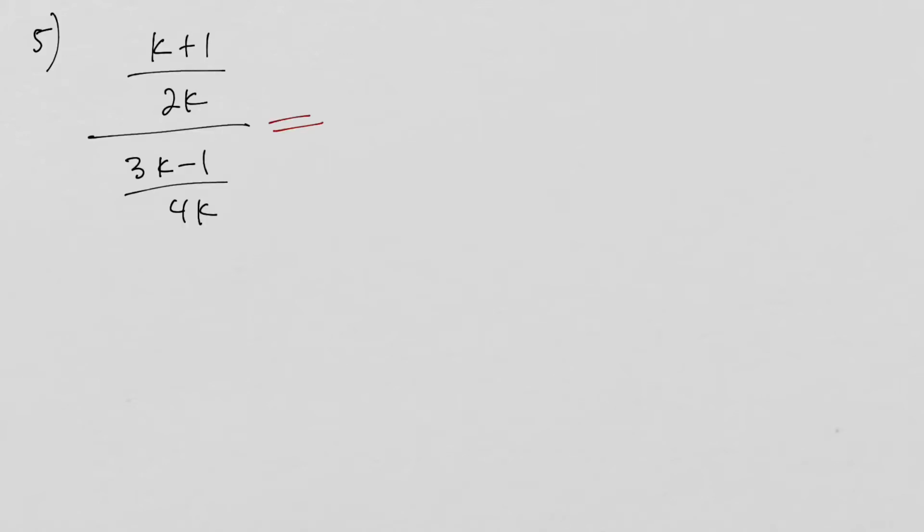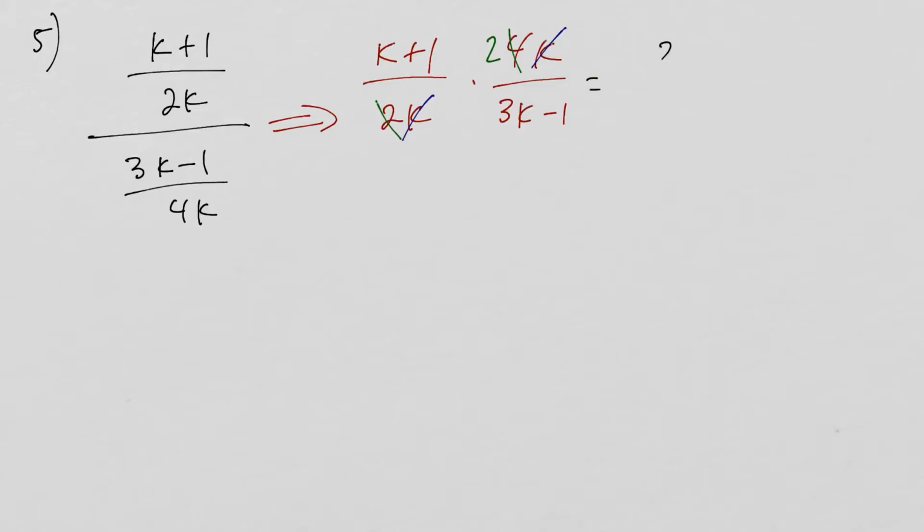Okay, so I'm going to do this. I'm going to say this is k plus 1 over 2k times 4k over 3k minus 1. And I'm going to cancel this k with this k. And I'm going to cancel. 2 goes into 2 once and into 4 twice. So our final answer is 2k plus 1 over 3k